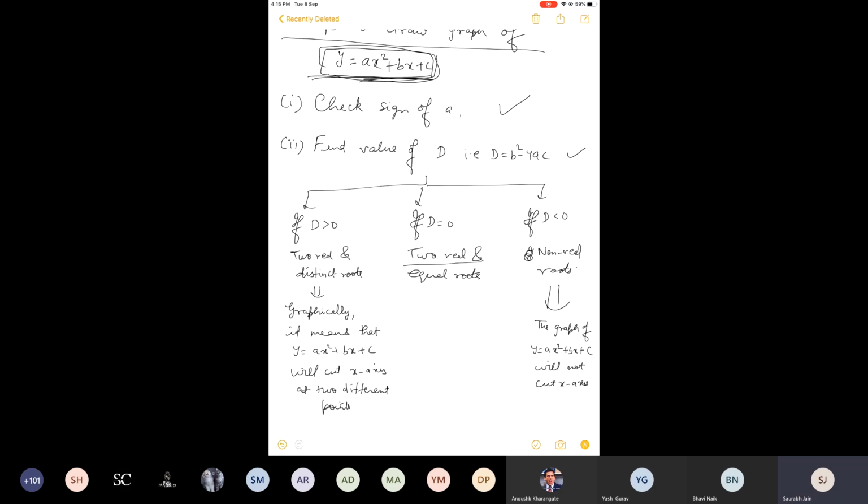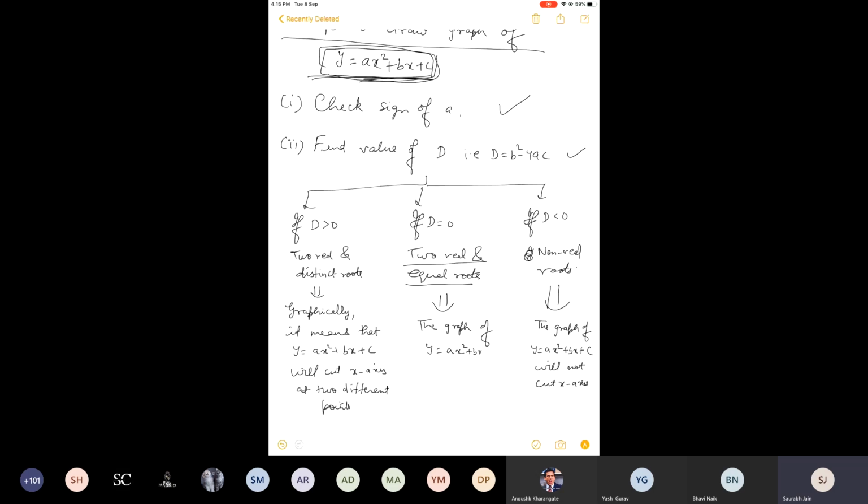And what is the meaning of two real and equal roots? Listen carefully. This may be new for you. So the graph, in this case, what happens? Please try to understand. The graph of this thing will touch the x-axis. This is important. I will tell you every point when I am taking an example. I will use all these points, so you have to understand each and everything now. It will touch the x-axis.